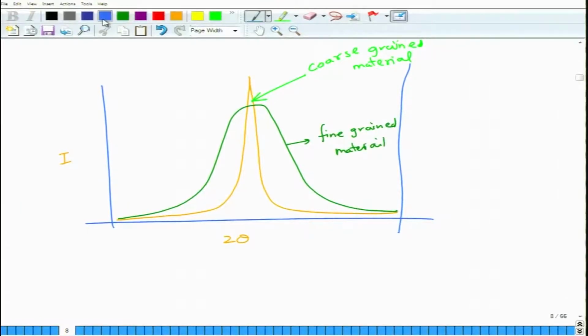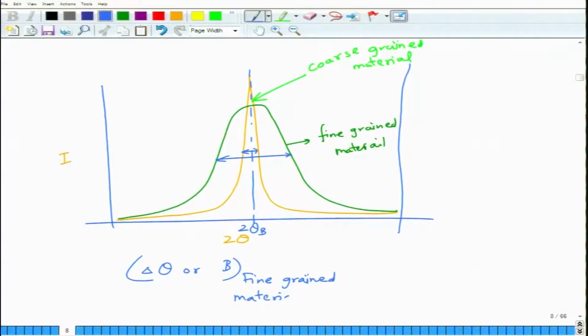The peak will be centered at around theta b. So, this will be centered at theta b. However, the degree of broadening, so you can say this broadening and this broadening, in this case they are different. So, delta theta or b for a fine grained material is larger than delta theta or b for a coarse grained material,